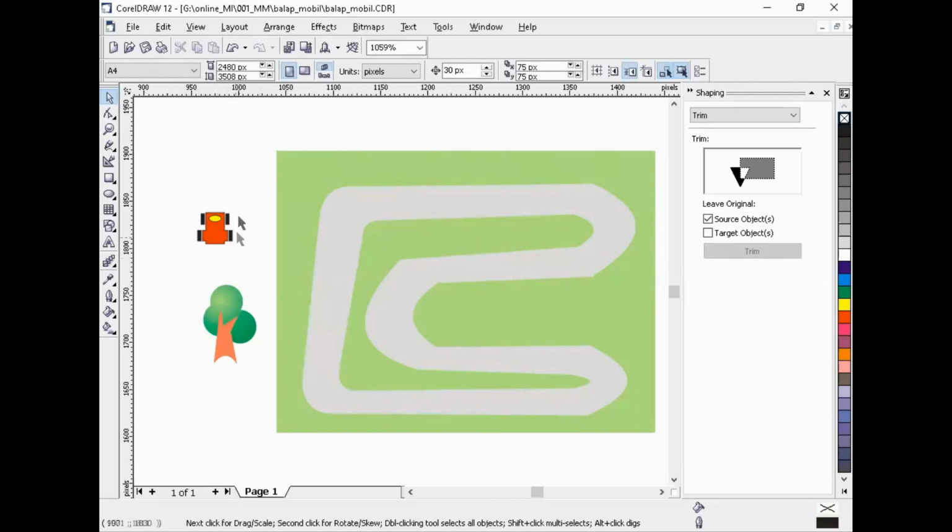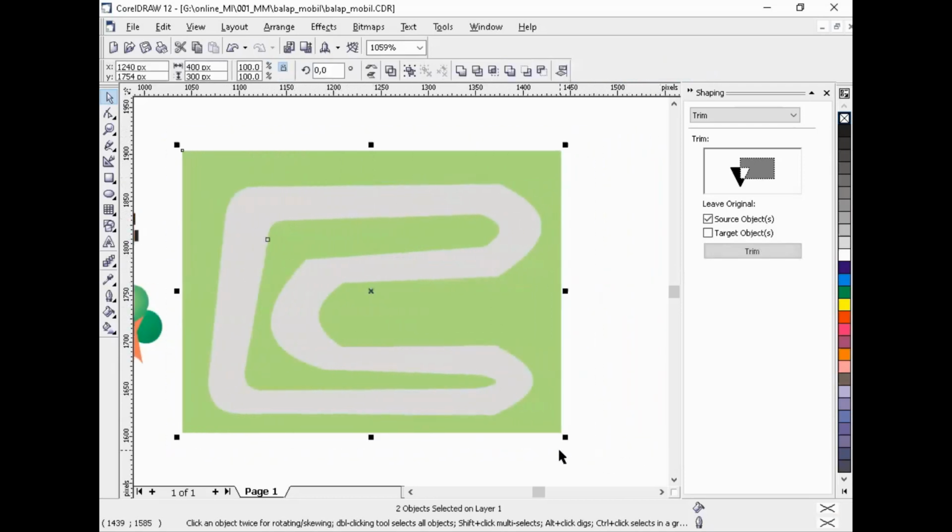I have one mobile and one tree, and I have a scenario to start the mobile from here until that. Yeah, if we have designed this resource, we can export.